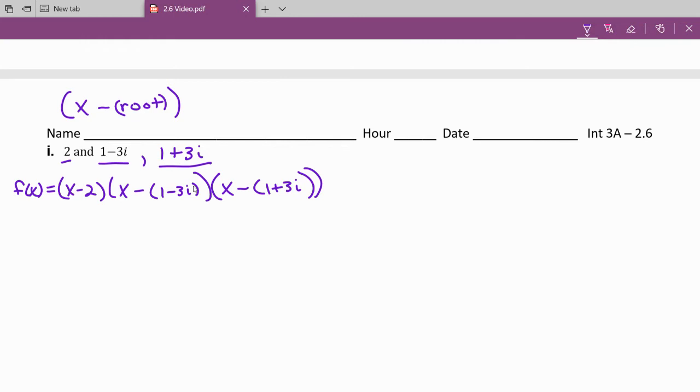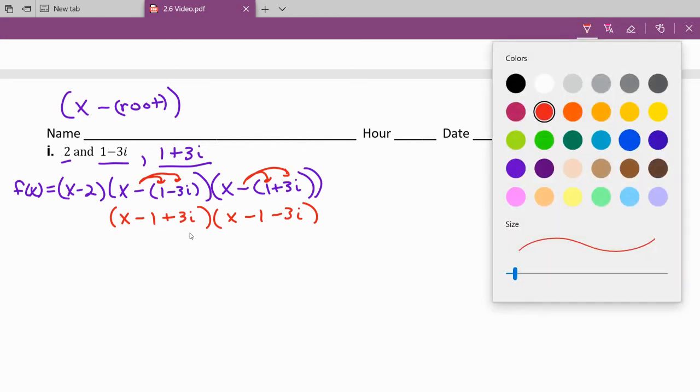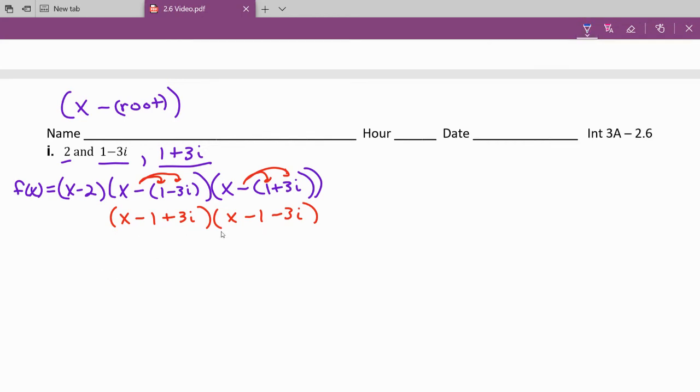So now if I simplified these factors here, that negative would have to be distributed to both terms. So now we have a trinomial x minus 1 plus 3i, and another trinomial when I distribute here of x minus 1 minus 3i. Okay, so now here's where it gets interesting again, or I'm going to try to help you make this problem a little bit easier. If you notice, that x minus 1 part is the same. So if I regroup this, I call this regrouping,